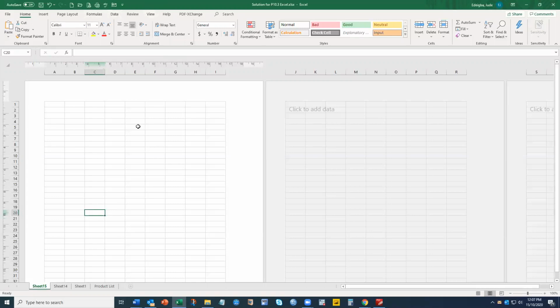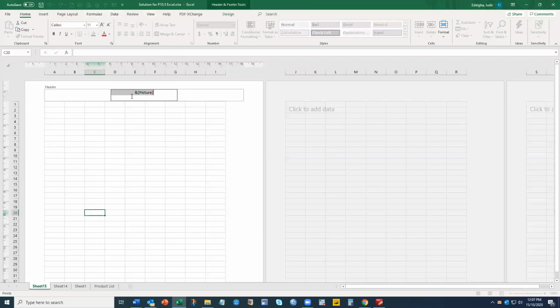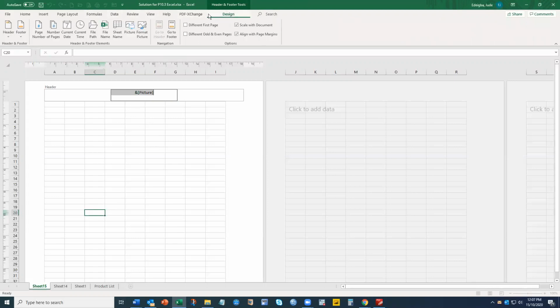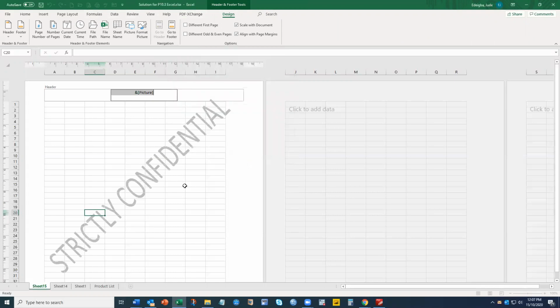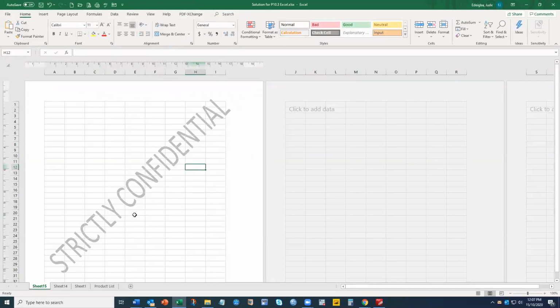Simply go to the header of the document, go to design, and then choose format picture. Again, you go to picture, and then change the color to a readable color, in this case, gray. Then the strictly confidential shows here again. So this is one step to insert it. Another alternative to this is using the